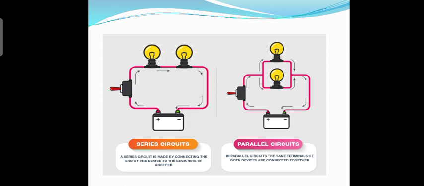Students, these are the two pictures which are showing different arrangements of electric bulb and different type of circuits. If you focus on the first picture, here the bulbs are connected one after the other and you can see only a single path is there in which current is flowing. So this arrangement is called series circuit. While in the other, you can see that two bulbs are connected parallelly and therefore two paths are there for the flow of current. Therefore this arrangement is called parallel circuit.